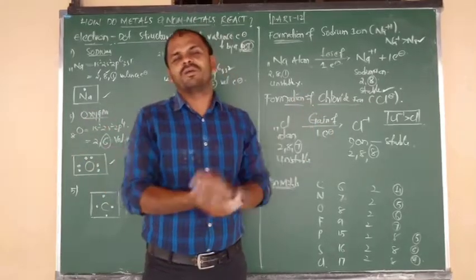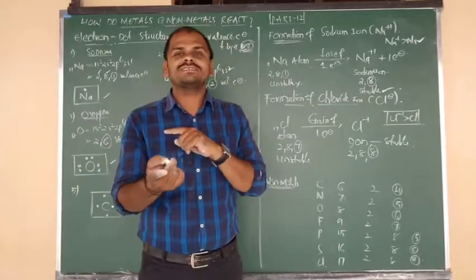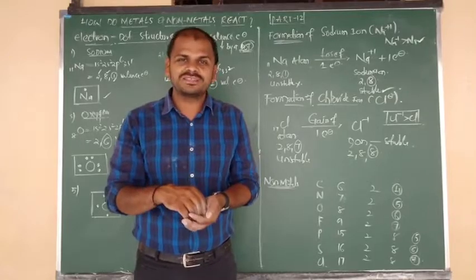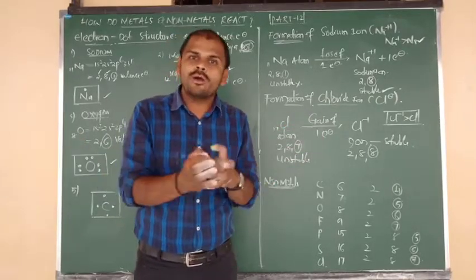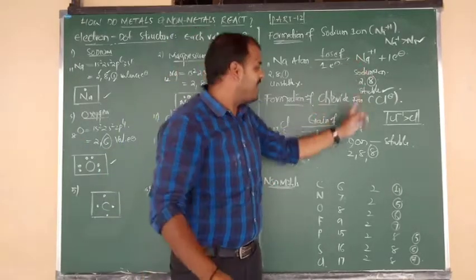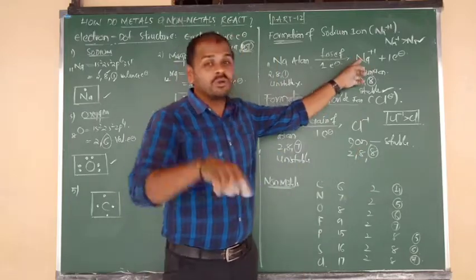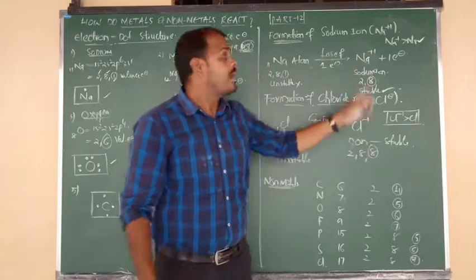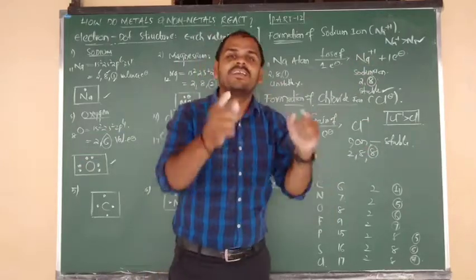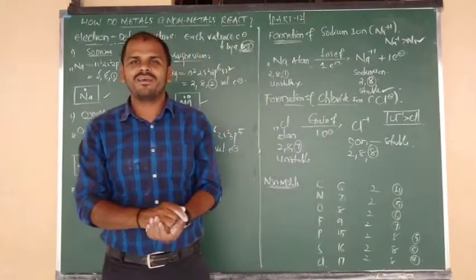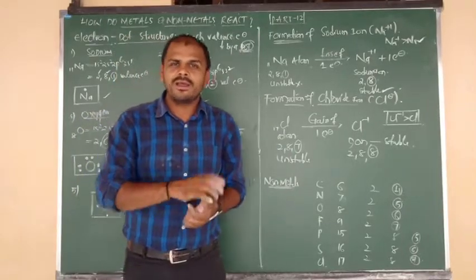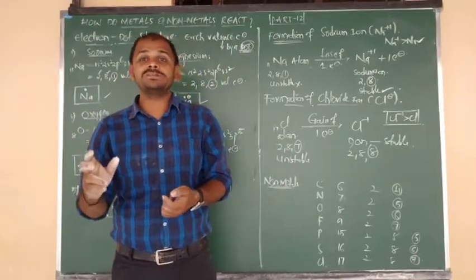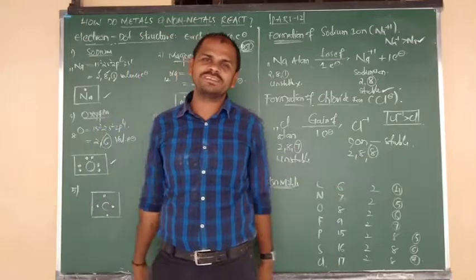Okay, beta? Good. Now in tomorrow's class, we are going to discuss the formation of ionic bond between Na plus ion and Cl minus ion. One is ready to donate the electron, the other is ready to gain the electron. Between positive and negative ions, there will be formation of an ionic bond. So the ionic bond definition, formation, preparation, and properties, everything we are going to discuss in tomorrow's class.